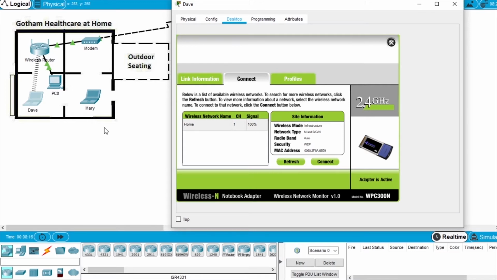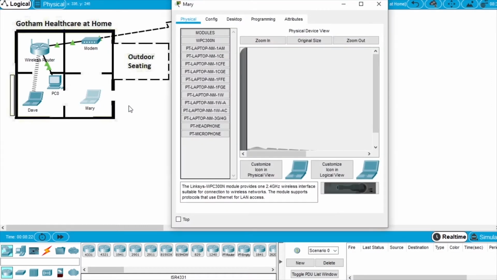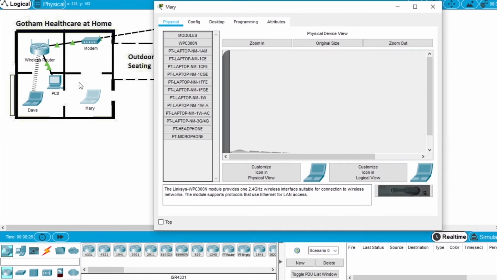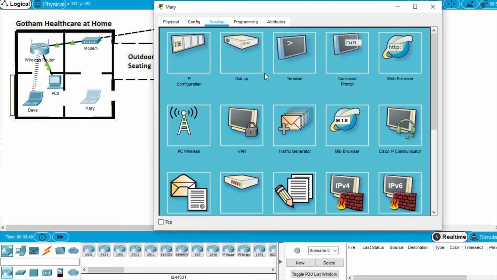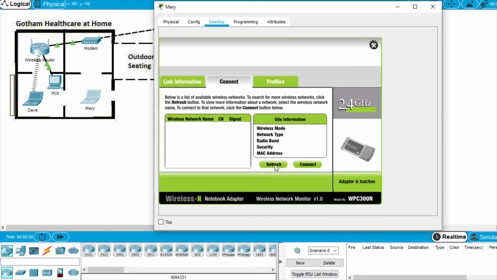Now let's do the same for Mary's computer. You can close Dave's computer and open the laptop for Mary. You can see there's no connection between the computer and the router, neither a physical connection, neither a wireless one. So open Desktop on Mary's computer, go to PC Wireless, select Connect tab, press Refresh,